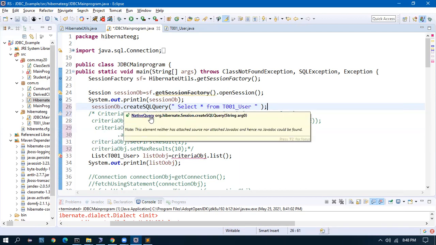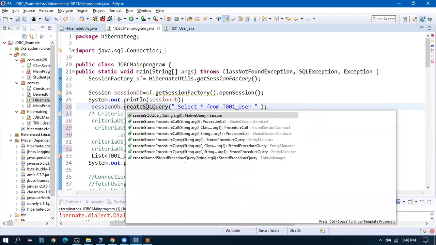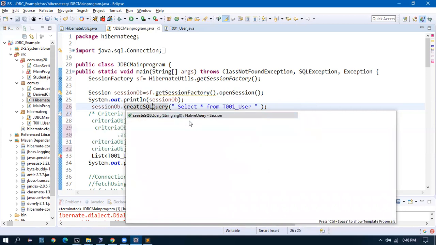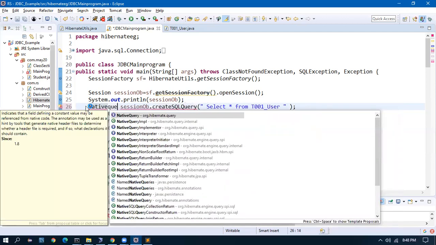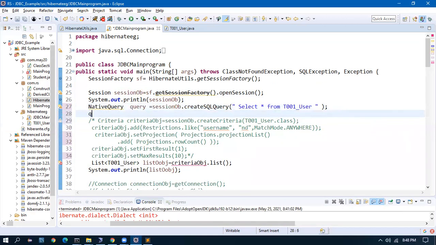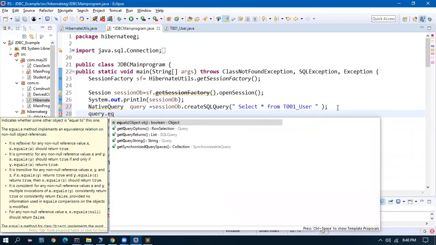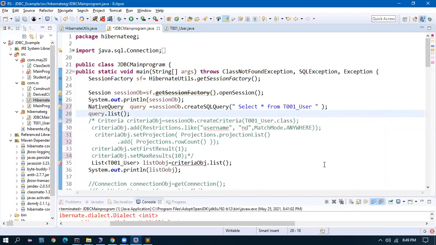What is it going to return? It is going to return a native query. So I'll assign it to a native query variable, and call query dot list.